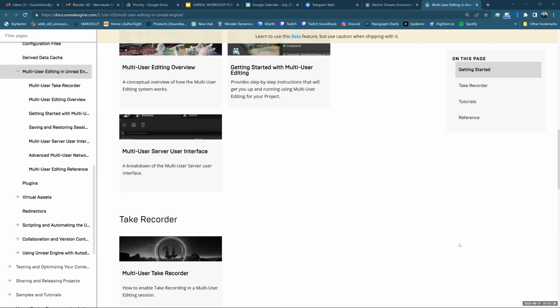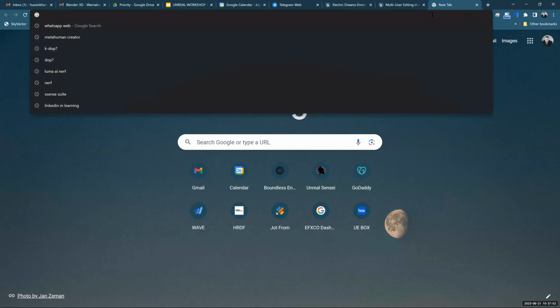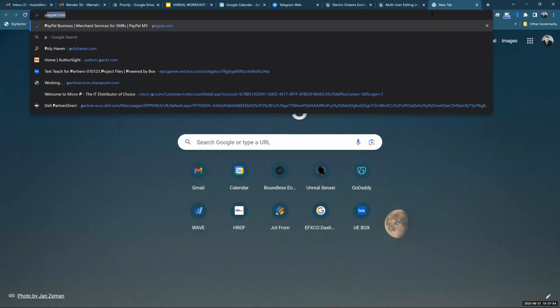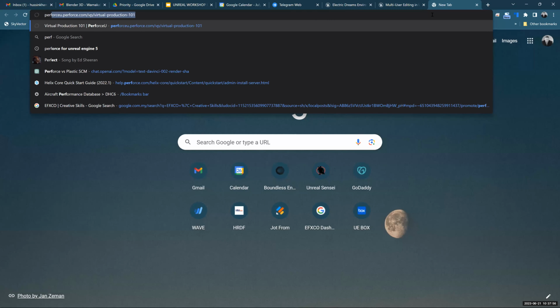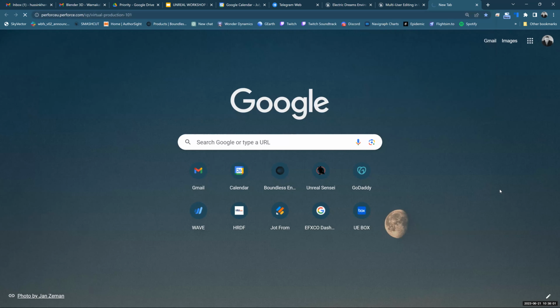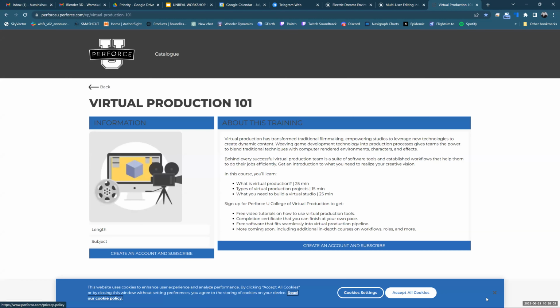If you go to the higher end studios, I think you guys might already have this, something called Perforce. If you ask your IT guys, maybe some of you here from IT, have you heard about this thing called Perforce? Yeah, we are using Perforce and also. Yeah, there you go. You already have it then, right? Which means you already are doing Perforce stuff. So that's the thing. If you just get a plugin for Unreal Engine, a Perforce plugin, you enable it and you can start sharing your stuff.